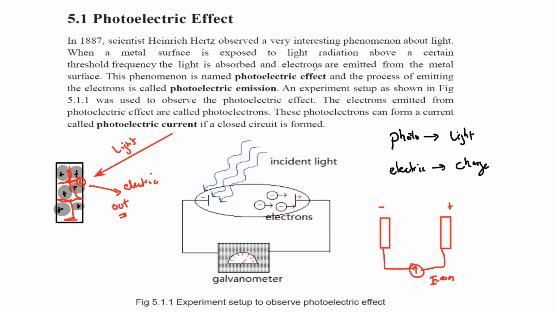But how are we sure that this process occurs? When we use a light with a certain energy and it falls on the metal, it will remove the electrons which are there in the structure. They will come out, and when these electrons come out, they start to move towards the positive electrode. As a result, there will be a current, and that current will produce a deflection in the galvanometer, or it will show some reading.